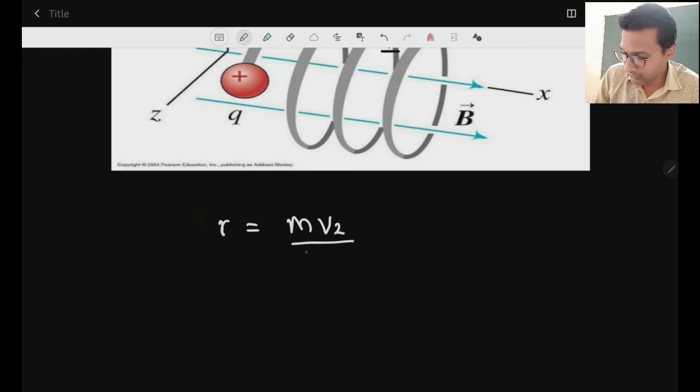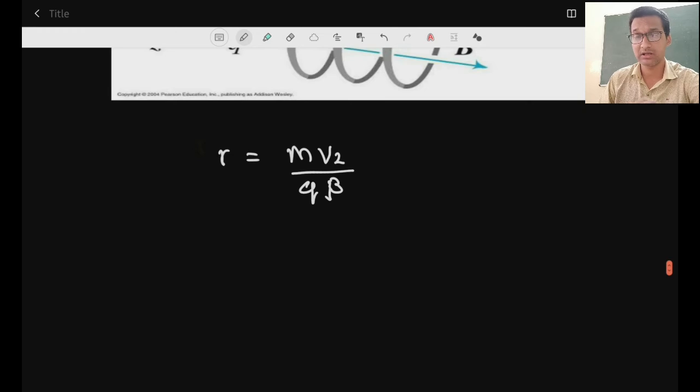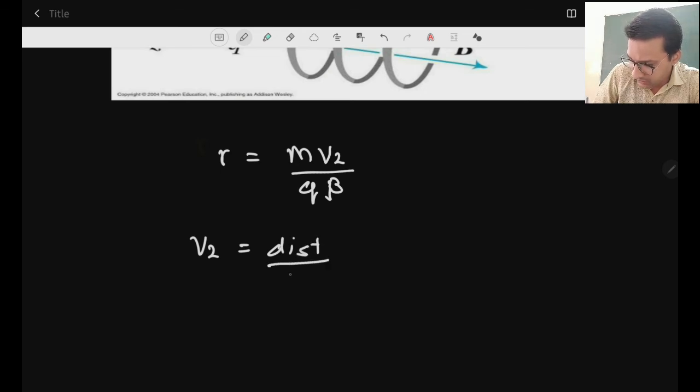V2 is the perpendicular component, divided by q into the magnetic field B. This will be the radius with which it will rotate, and we know it will create circles. Now if we consider these circles, V2, the magnitude of the velocity, will not change, as the force is perpendicular at each and every point. And because of this V2, it will travel some distance,